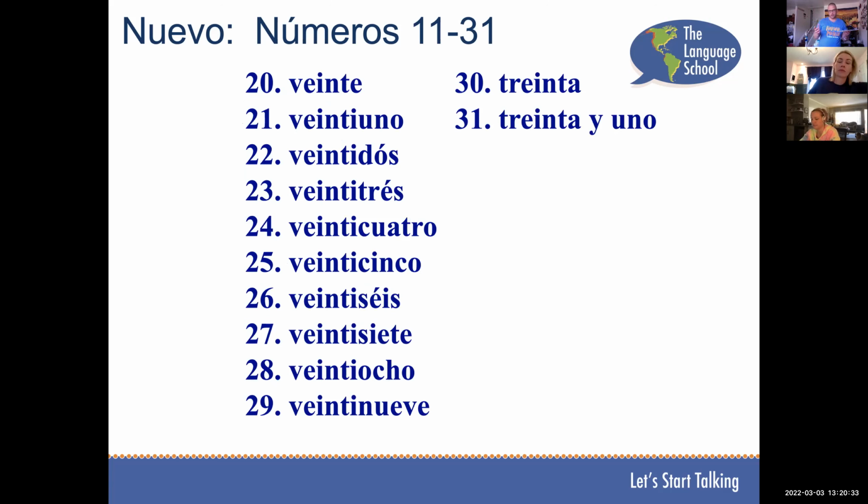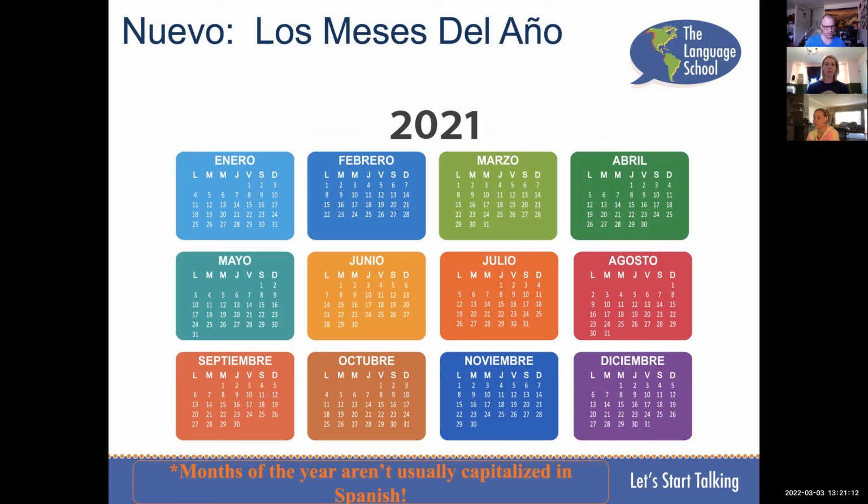The 20s are slightly irregular in Spanish. We won't get into the full detail today, but for now, just look at the base number. 20 is veinte, ending with an e. When we add the number 1 to say 21, 22, etc., we change the e to an i, veinti, and then it's just a matter of counting 1, 2, 3 up to 10, right? 21, 22, 23. Okay. Once we hit 30, it's treinta, and then it's 31, which kind of turns into three separate words there, right? So today I'm just going up to 31 so that we can talk about dates.